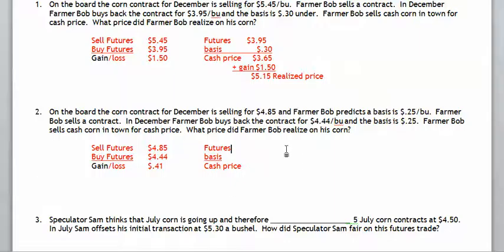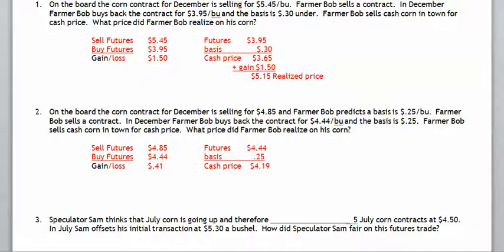Gain of 41 cents. Farmer Bob sells cash corn in town for cash price. So again, how do we figure out cash price? Well, in December, Farmer Bob bought back the contract for 444 on the board. So that means futures price was 444. At the same time that he buys back the contract, basis is 25 cents, we say. So we subtract the 25 cents from futures price to get a cash price of